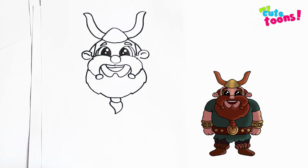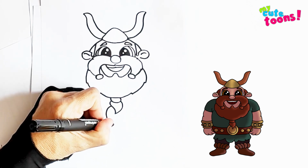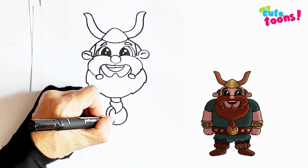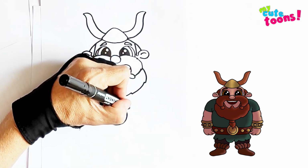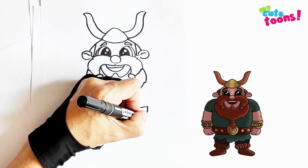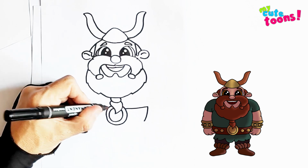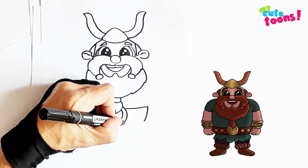Now we're going to draw the belt first before we go to the body. So right behind the beard, I'm going to try to draw a nice circle. We're going to draw an inner circle as well. And now we're going to draw the belt. I'm going to start here, and I'm going to take the belt just a little bit past the beard. I'm going to bring it round like this, and on this side I'm going to do the same thing, just a little bit past the beard, and make it nice and round and curve it back, connect it to the belt buckle,